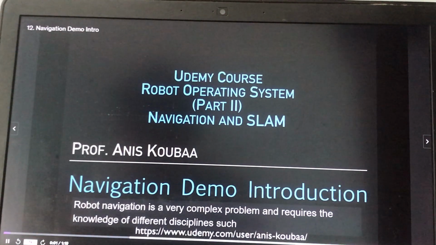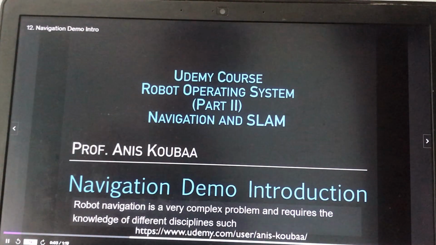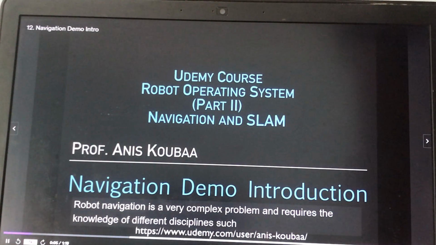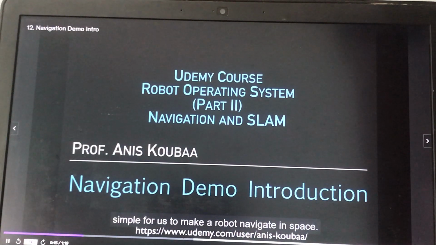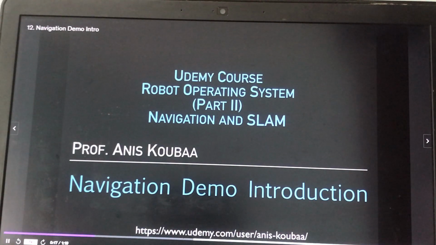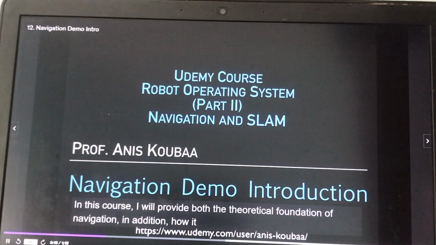Robot navigation is a very complex problem and requires the knowledge of different disciplines such as linear algebra, geometry, trigonometry, physics, mechanics, etc. However, ROS makes it very simple for us to make a robot navigate in space. In this course, I will provide both the theoretical foundation of navigation in addition how it is implemented and how